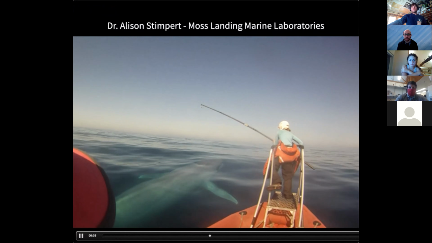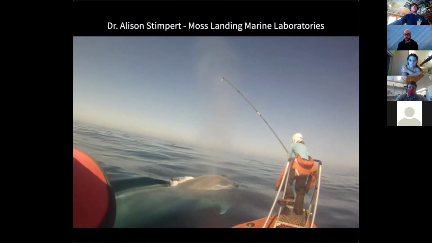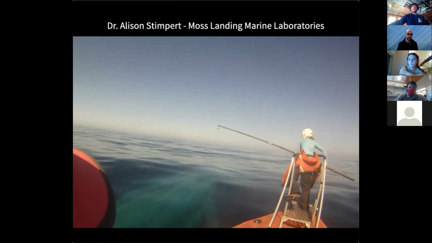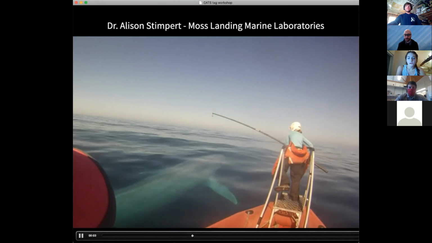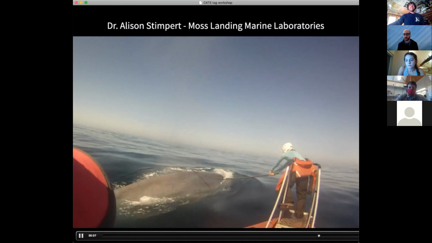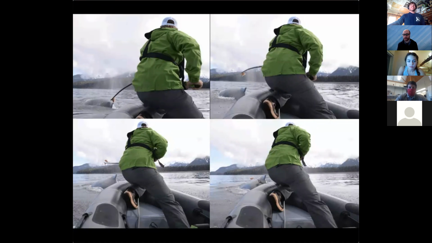This is my colleague Dr. Allison Stimpert deploying a tag beautifully on this blue whale here. This is when everything goes perfectly. I'll now show you an example of what happens when everything does not go as planned. This is Ari Friedlander deploying one of the earliest CATS tags,